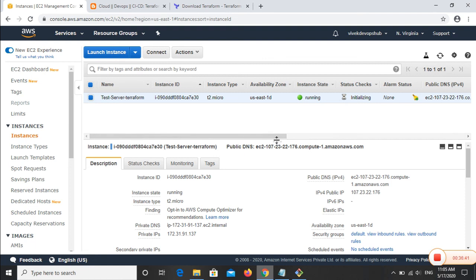So friends, here you can see how we created the EC2 instance. In the same way, we can create multiple resources in Terraform. This was a sample demo for Terraform to create an AWS EC2 instance. Accordingly, we can create our resources with Terraform scripting. We will see a couple of other videos related to Terraform later on.